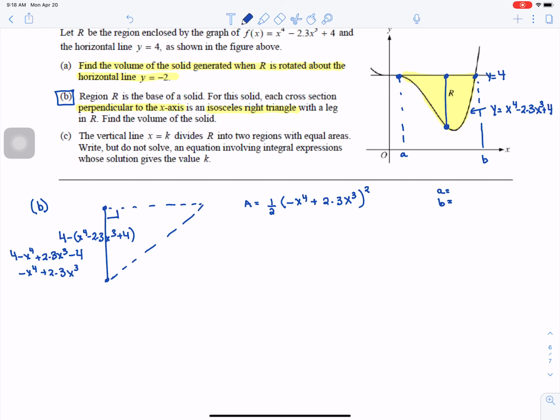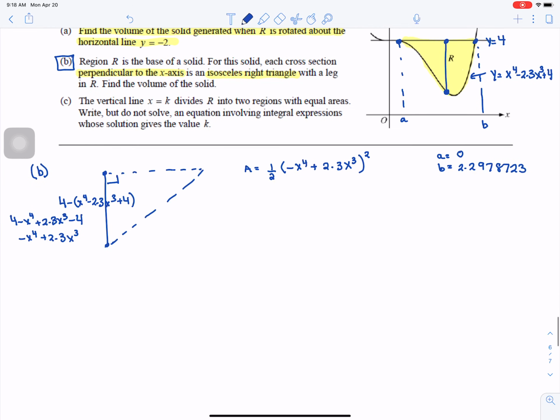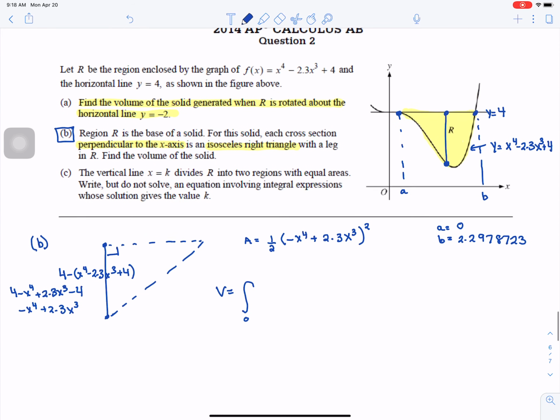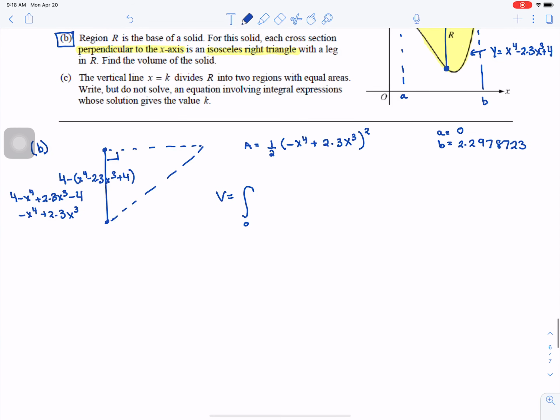When you do that, A will be 0 and B will be 2.2978723. So my volume would be from 0 to A, or sorry, 0 to B,